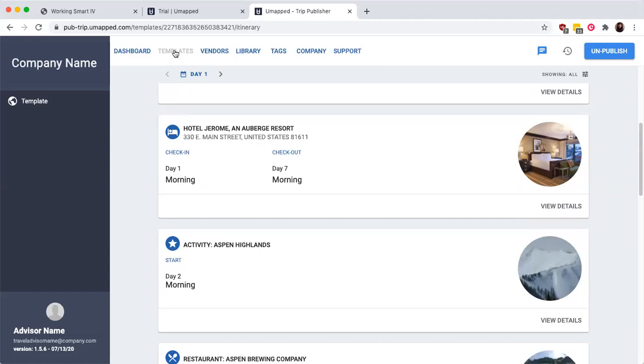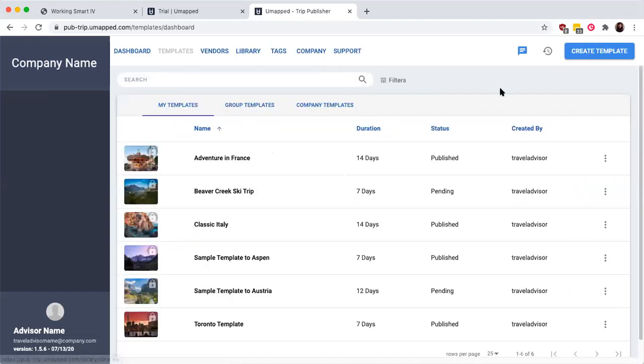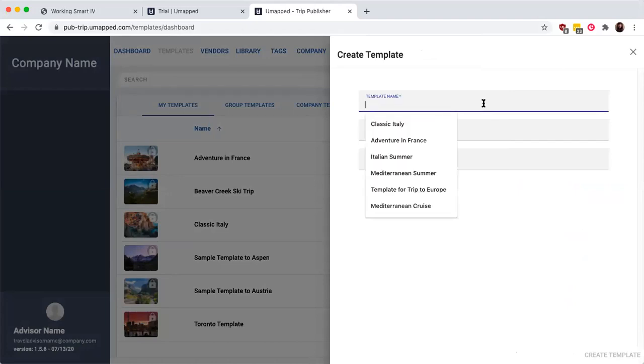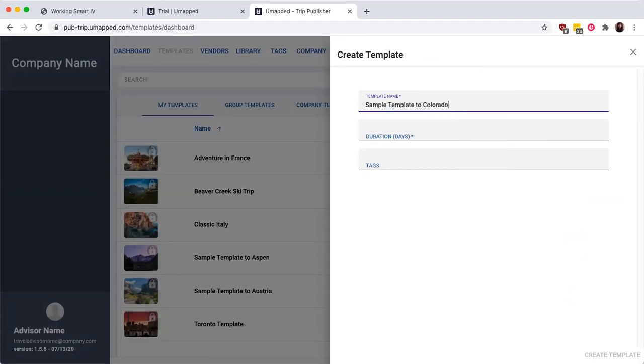So we're going to go back to templates and we're going to illustrate this more by actually creating a template while we're all together. So I'm going to start just like with a trip by clicking the Create Template button. Creating a template and a trip is almost the same in terms of the workflow. As you can see here, to begin with, I have to enter a name for my template, just like I would with a trip. So I'm going to call this one Sample Template to Colorado,